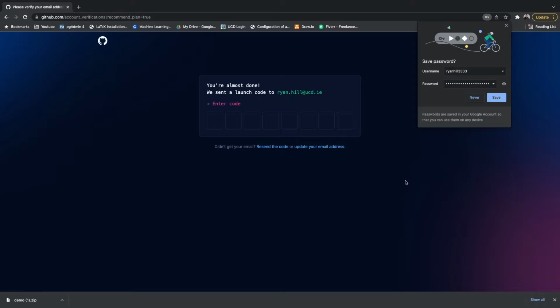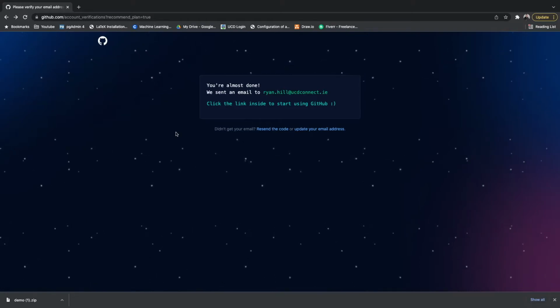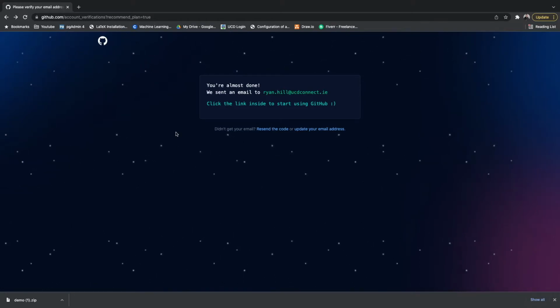I guess the email that you used, they're going to send a confirmation code to it. So you just want to go and open up your email, and you should get a code. I'm actually looking at my email now on my phone, and it hasn't yet come in, so maybe it just takes a couple of minutes. I've just received the email, and when you receive the email, you just go and click on the button,